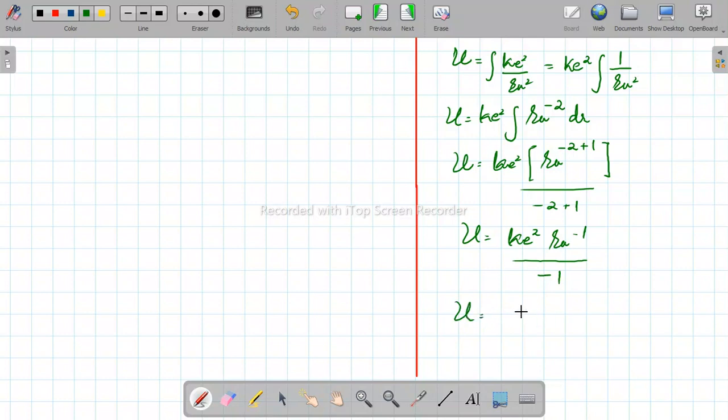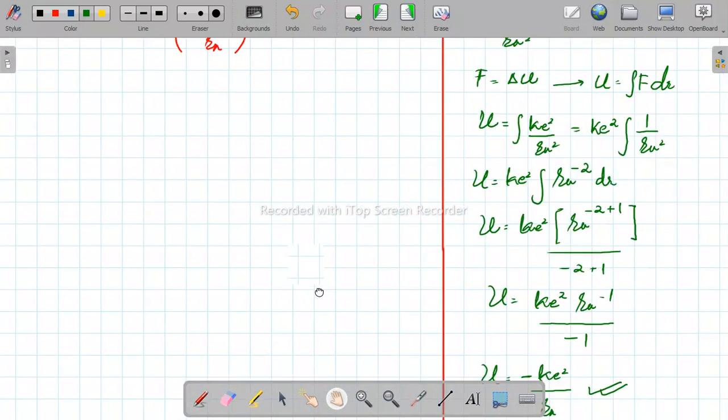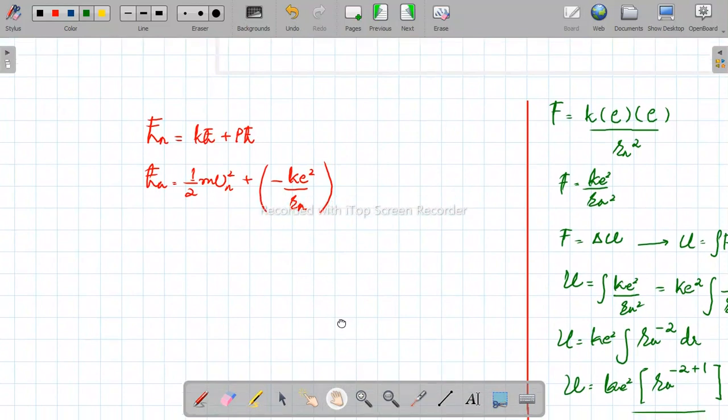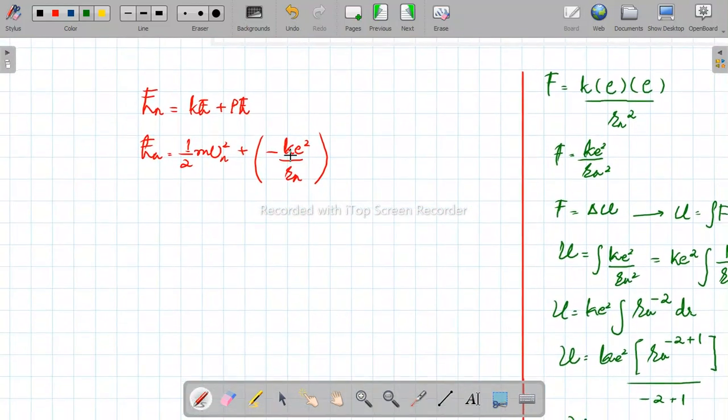And finally, we could write it as k e square, this negative here, and this rn raised to the power minus 1 goes to the denominator and becomes rn simply. This right here is the expression for potential energy, which we have written directly here, right? And you can write it directly here also, depending on the marks for which the examiner is asking you to derive this question. Now that we know the expression for kinetic energy and potential energy, all we have to do